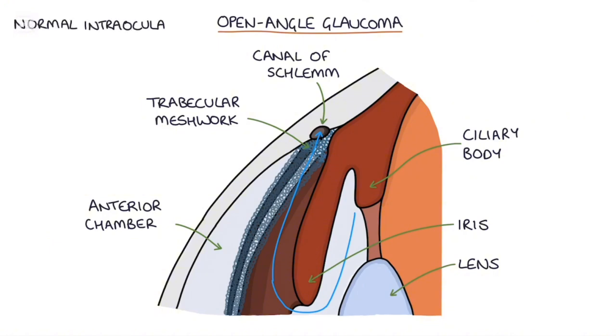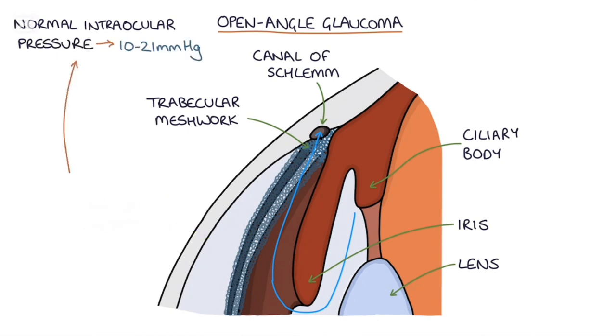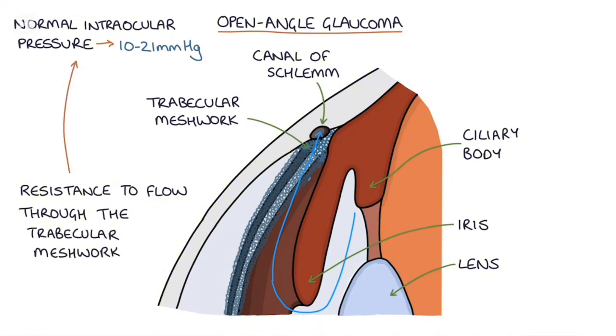The normal intraocular pressure is 10 to 21 millimeters of mercury, and this pressure is created by the resistance to flow through the trabecular meshwork. So aqueous humor is trying to flow through the trabecular meshwork out of the eye, and if there's more resistance in the trabecular meshwork, the pressure will go up because there's more resistance of aqueous humor trying to escape the eye. If there's less resistance, the pressure will go down because the aqueous humor is able to flow more freely